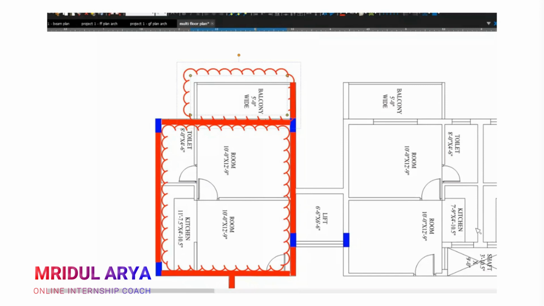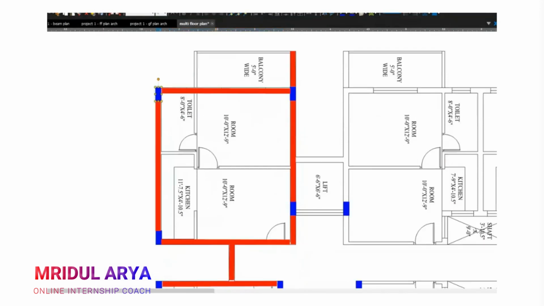Okay, that's my option. But what happens is, you see we have a column, we have a toilet and kitchen here, so my architect's requirement is to have a drop at these two locations.